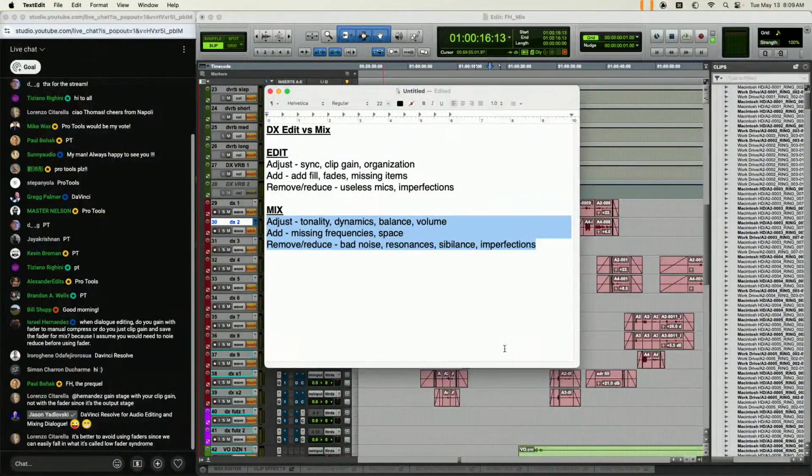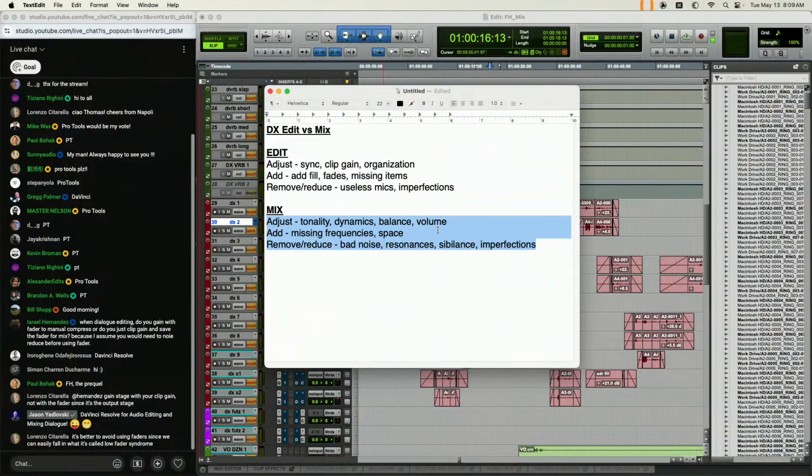The Fairlight tab, not the edit tab of DaVinci, but the Fairlight tab. You can do every step that you can do in Pro Tools in DaVinci Resolve. And that's coming from somebody who's super invested in Pro Tools. DaVinci has caught up with Pro Tools as far as editing, and the layered editing actually is a little bit better than Pro Tools. So laugh all you want, but I think that's where stuff is headed.